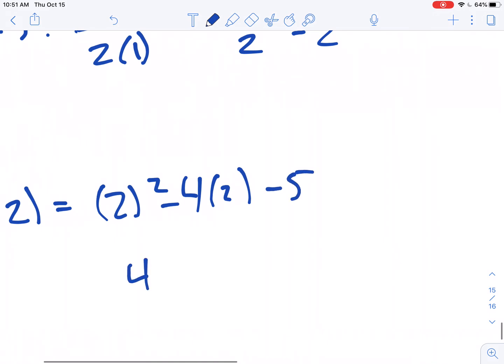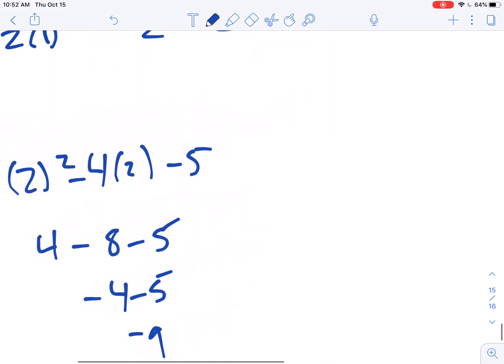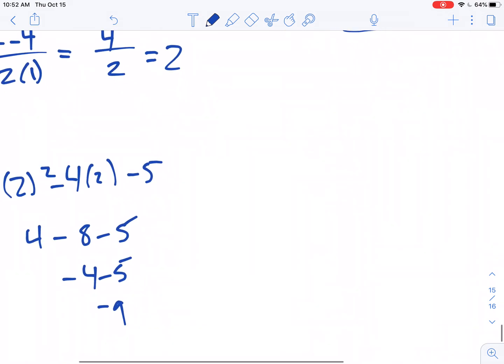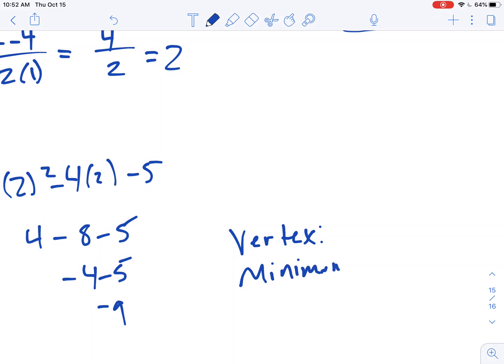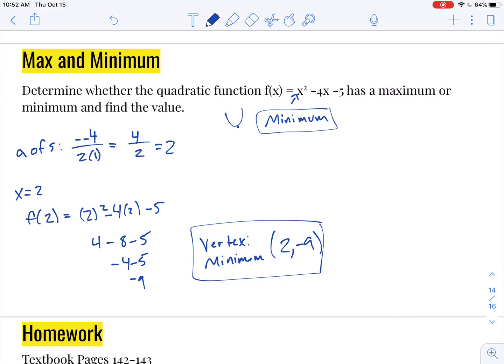So that's 4 minus 8 minus 5, -4 minus 5, -9. And so I've got a vertex minimum at 2, -9. So if it asks you to find the value of your max or min, that just means